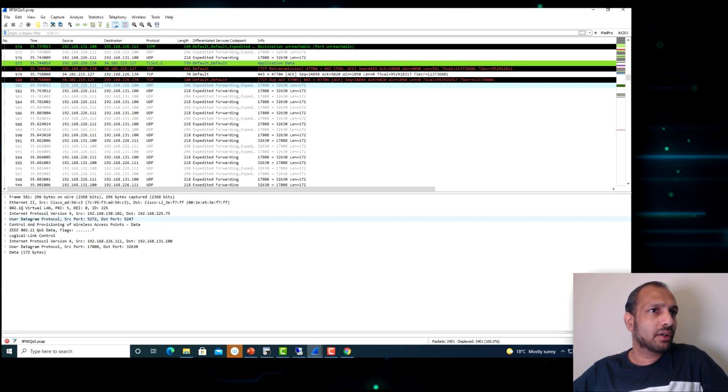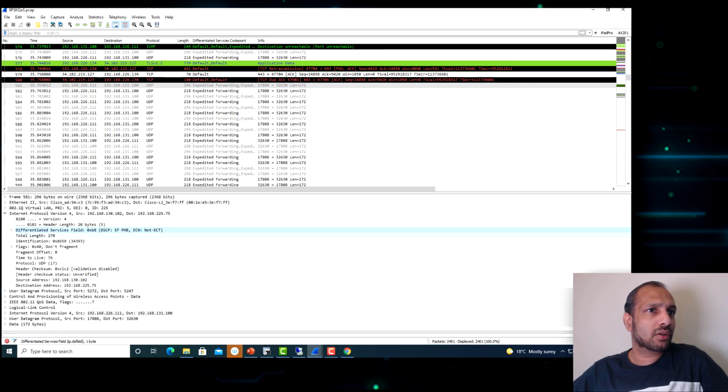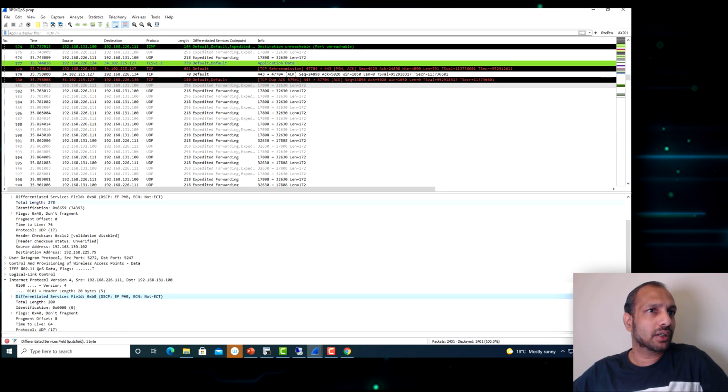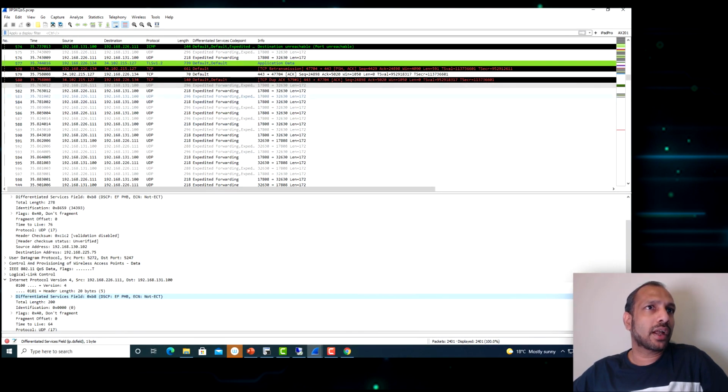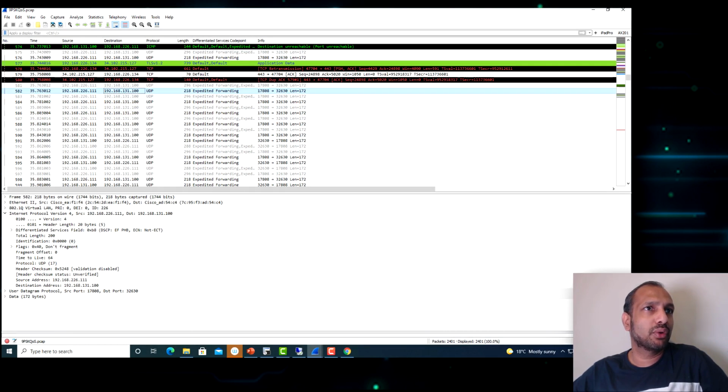So this is the CAPWAP traffic. Last time we saw the outer CAPWAP not trusting this value; even though the inner CAPWAP is EF, last time we saw this is not EF, this is best effort. So now you can see, because the switch is now trusting the value coming in, because the AP is set to the CAPWAP header DSCP value EF, we will be preserving it, so that traffic comes here as EF in the outer CAPWAP. Whenever that traffic is sent to the wired side, the controller will remove the CAPWAP header